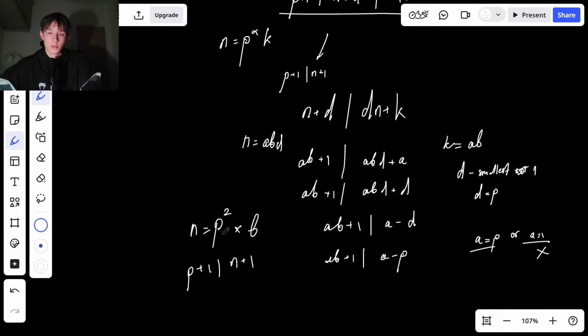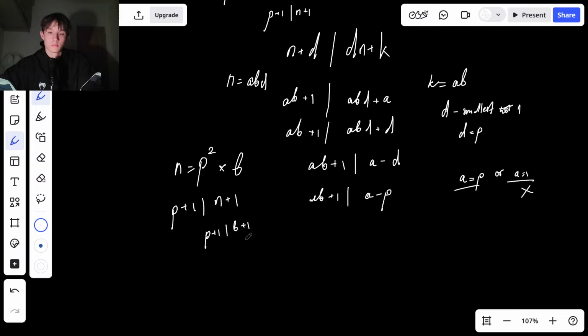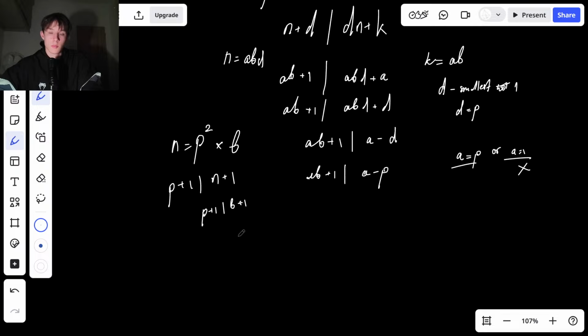So this thing is congruent to b mod p plus 1. So p plus 1 divides b plus 1 as well. So okay, if n is equal to p squared b,